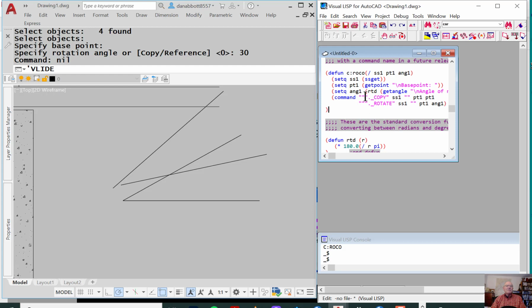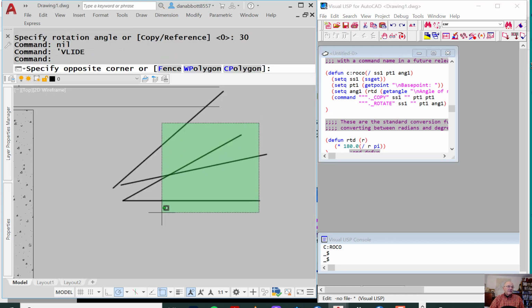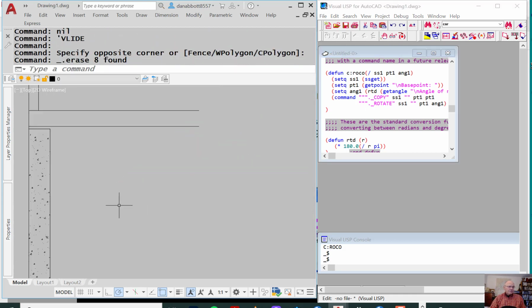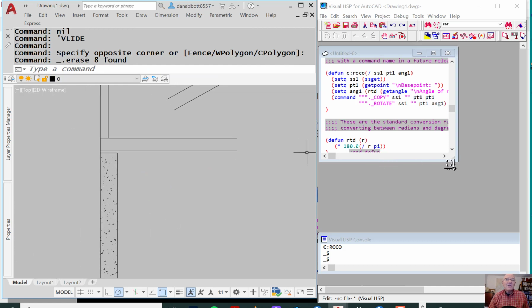Again, the double escape right here after the command prompt is simply a way of canceling any command that you might be in. The same thing happened here. It canceled the copy command. Now I'm going to take this and I want to apply that to another program that we looked at earlier. So I'm going to delete all of these things. And the other program that we looked at earlier was the